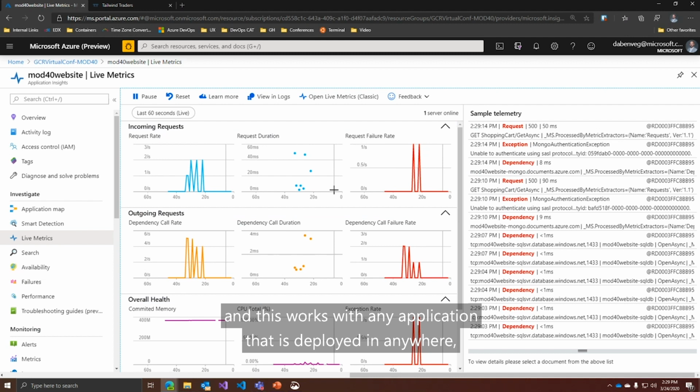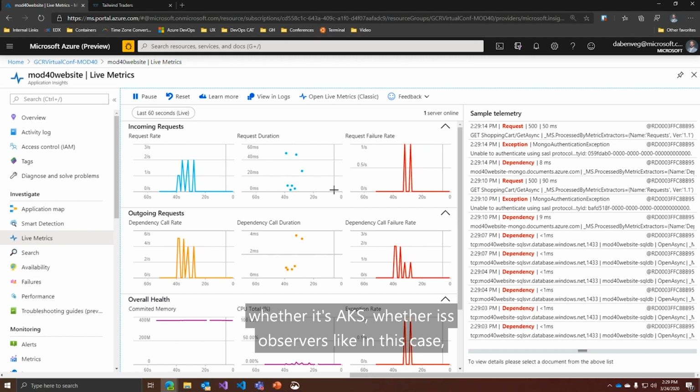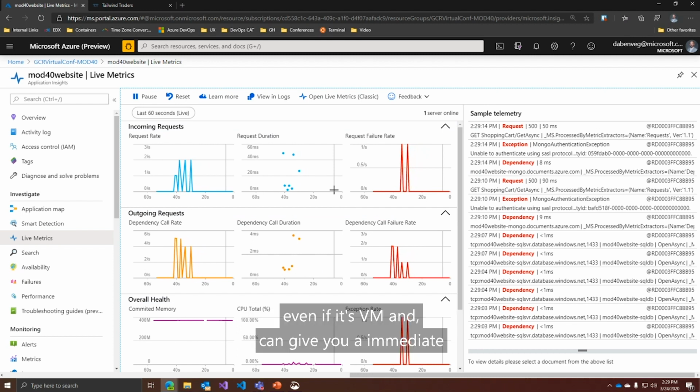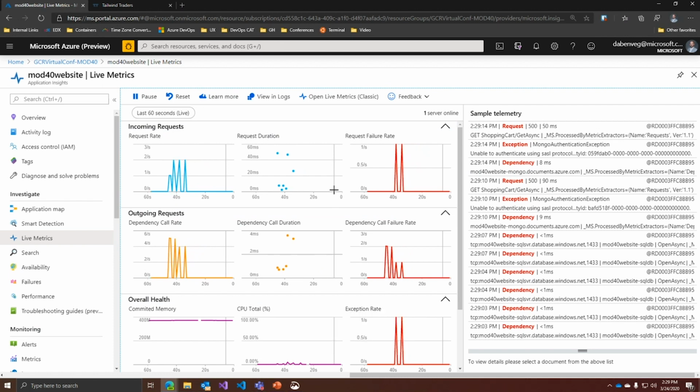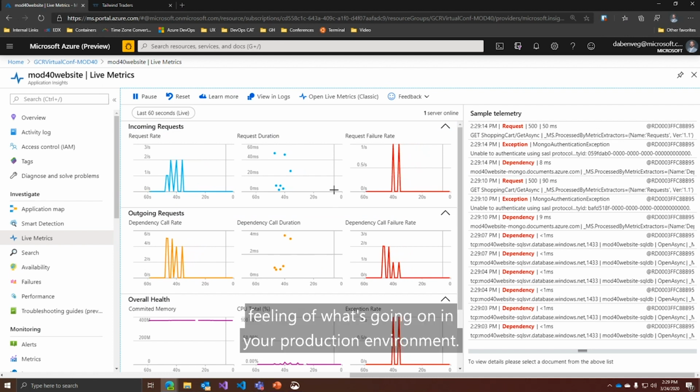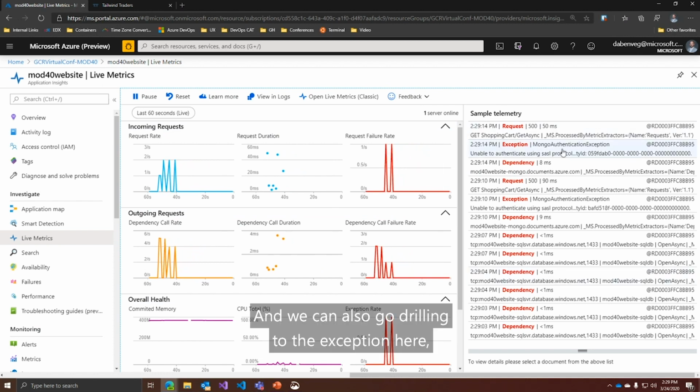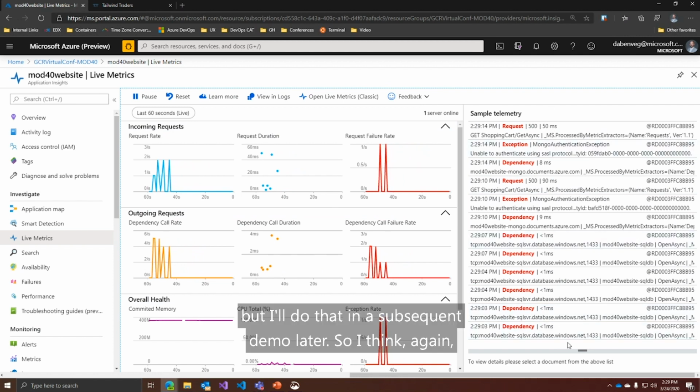This works with any application that is deployed anywhere, whether it's AKS, App Service, or even a VM, and can give you an immediate feeling of what's going on in your production environment. And we can also drill into the exception here, but I'll do that in a subsequent demo